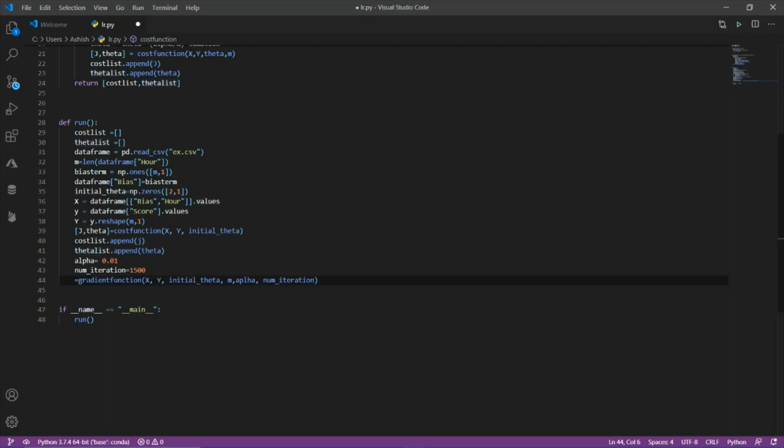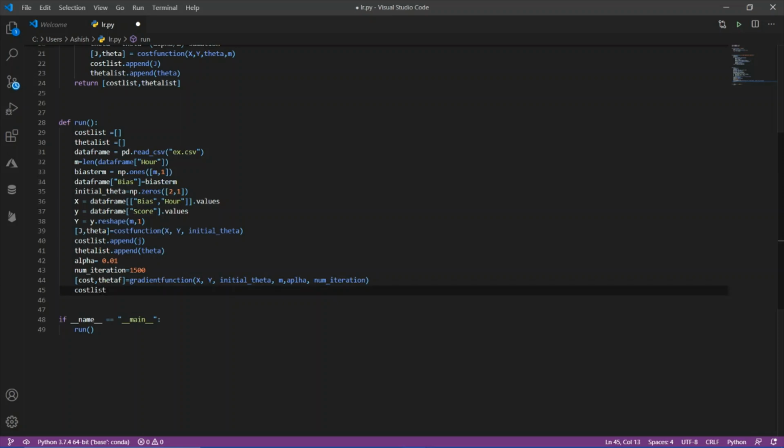So this will return, say, cost and theta f. Now I will store this cost and theta into the cost list and theta list. So in this cost list and theta list, I will store the cost and the theta f.